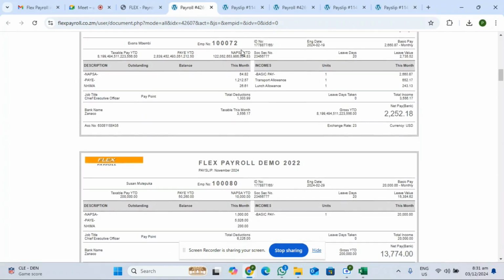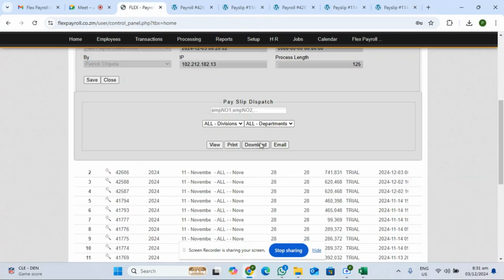Once I'm happy, I can come here. If it's authorized, you can either print or download. Immediately you click email, it will send email to all your employees based on the email address which you had assigned to each employee. So now, once the payroll is done, the next thing you're going to do is